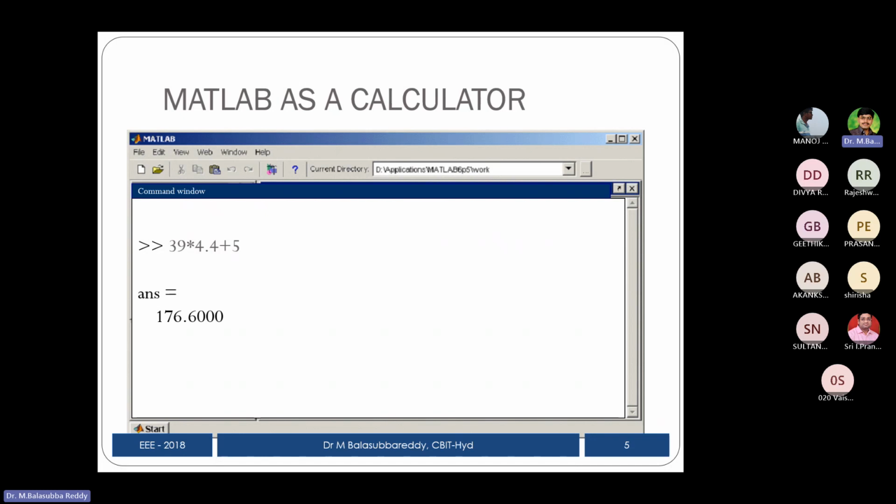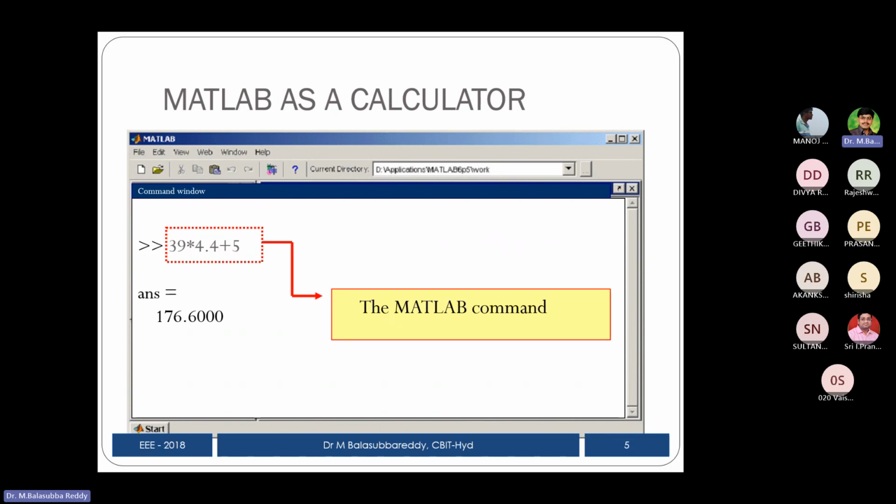If you open it, the command window will be there. It acts as a calculator as well. Whatever small equations we type directly and press enter, it will give the result. And this is the command window. Suppose 39 into 4.4 plus 5 or something. If you type, you can see the double arrow here; the double arrow indicates that